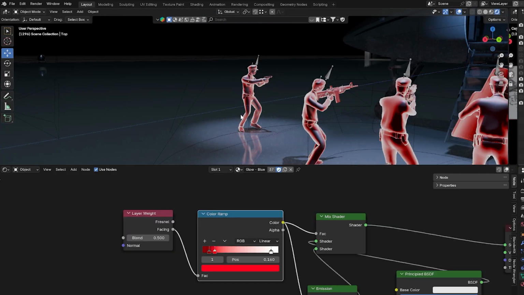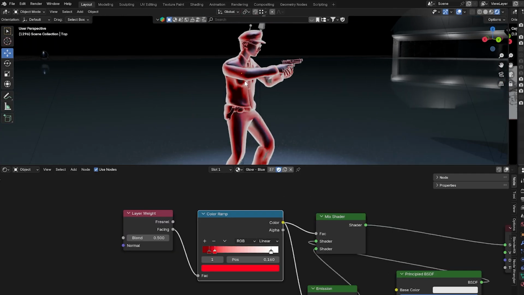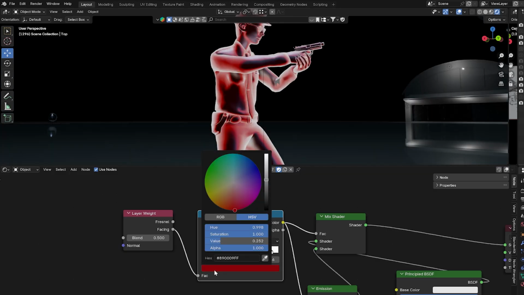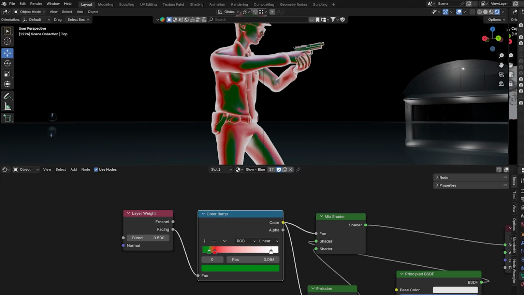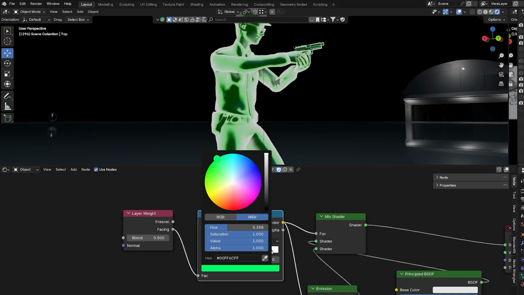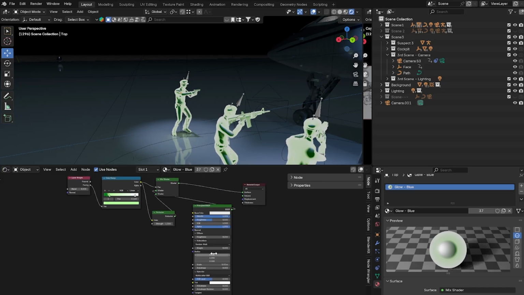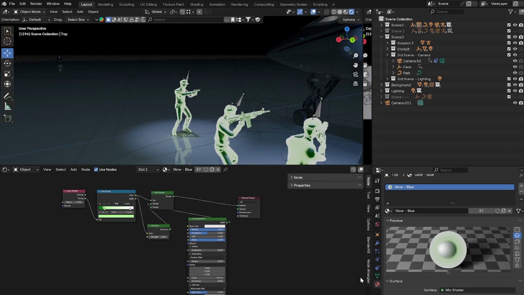Now, if you set up everything right, you should have this sort of underglow on your geometry. And so changing the color will just very easily change the color of the glow like that to whatever you want it to be. Now, if you want to apply this material that you just created to other geometries, so